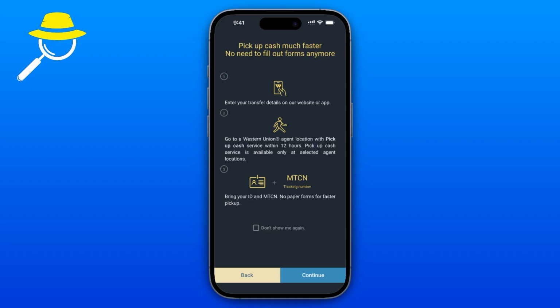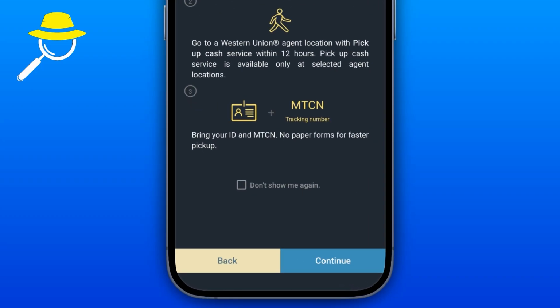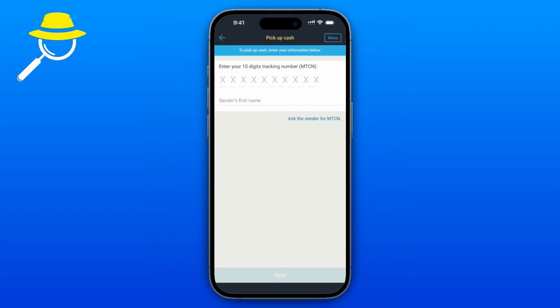To collect a cash transfer, you'll need to visit a participating Western Union agent location. Make sure you bring a valid photo ID and the MTCN, which is the Money Transfer Control Number associated with the transaction. If you don't have the MTCN, contact the person who sent you the money and ask them for the transaction number. Enter the MTCN in the app when prompted to check the transfer details and see the current